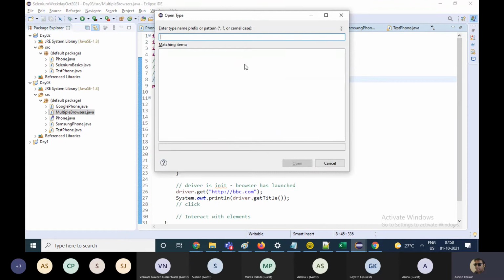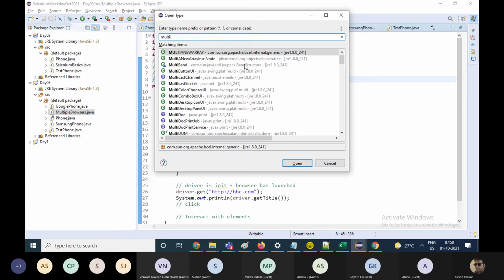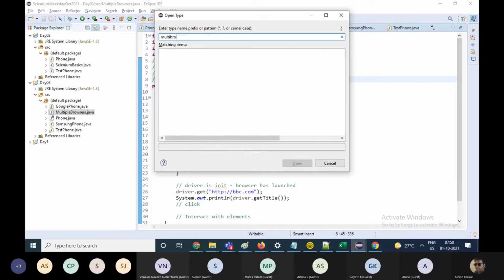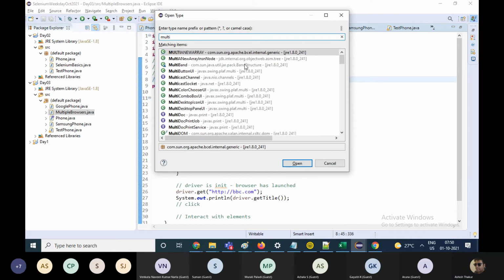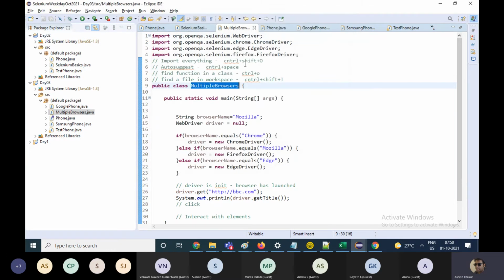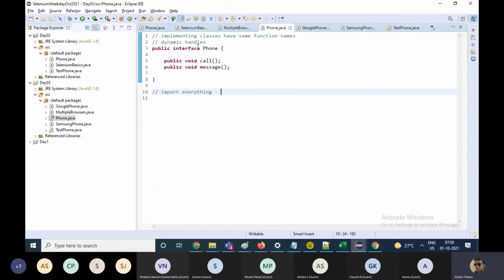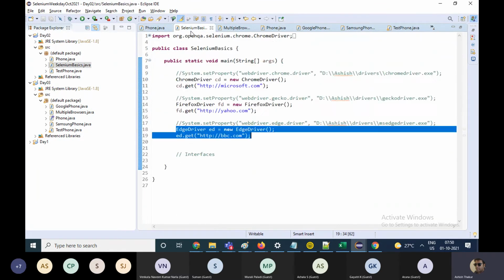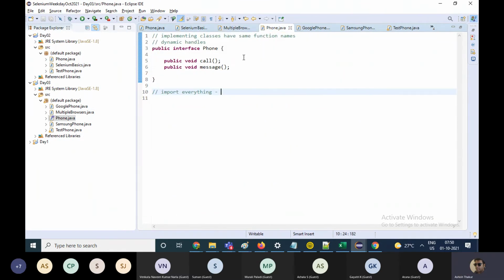If you hit this, this window opens and you can type the name of your file and you will see the results. This is the file and you can open it. Always keep these two arrows linked with editor clicked so that whichever file you're opening is highlighted on the left side. This helps a lot.